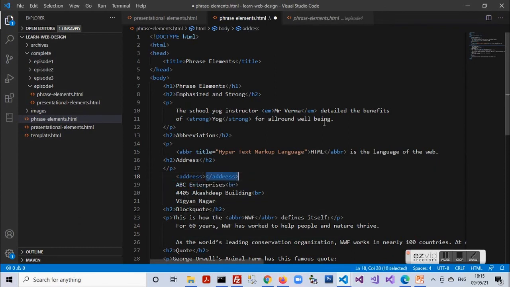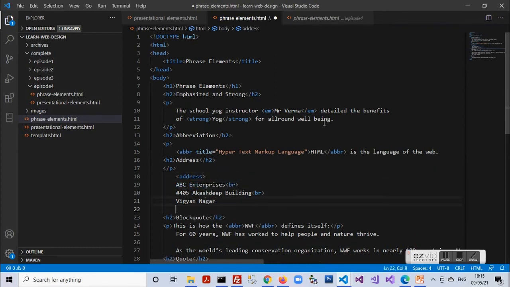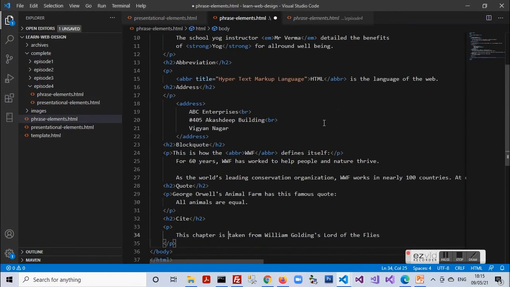So next is the address tag. So I enclose the address block within the address tag to highlight it as an address element within the content. Moving on to the block quote. Again I see that WWF is an abbreviation, so I enclose it within the ABBR tag along with the title attribute with the value World Wildlife Fund.